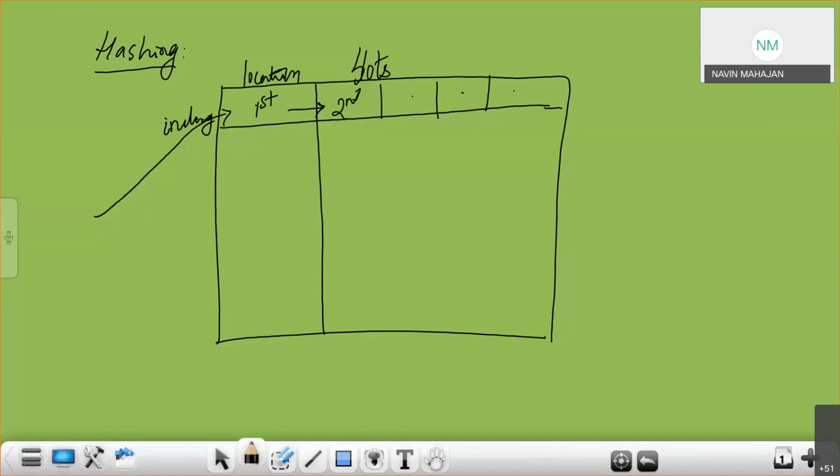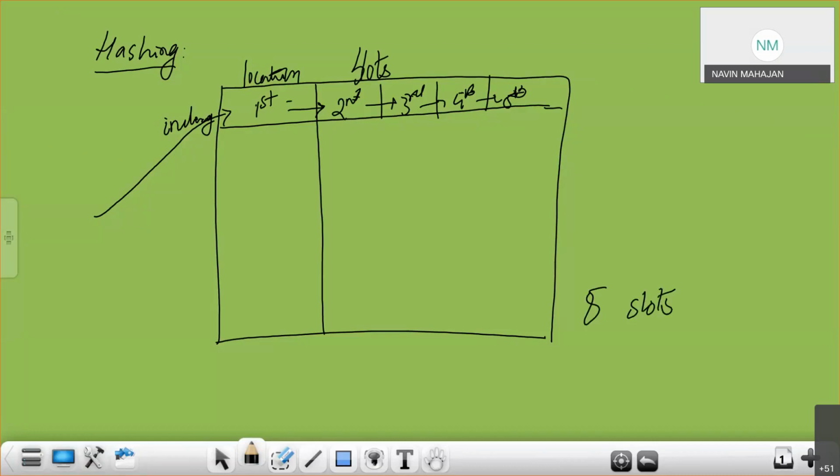The second number points to the third, the third to the fourth, and the fourth to the fifth number. And in the bucket, it is given that it will have only 5 slots, not more than this.